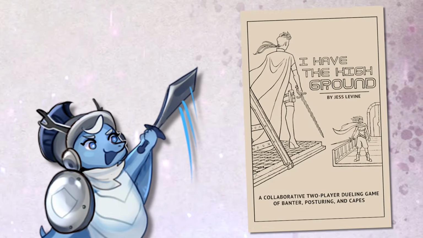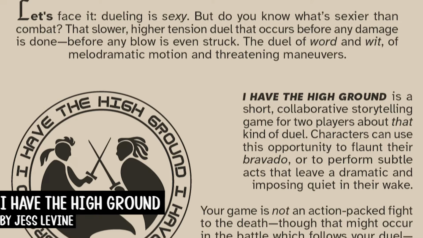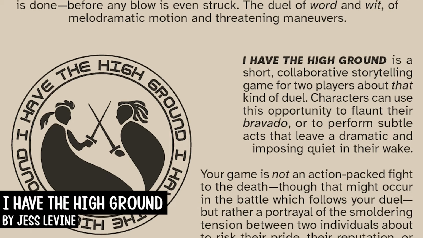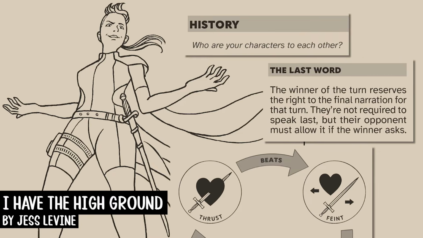I Have the High Ground by Jess Levine is about 2 people meeting for one last duel, and the buildup of tension leading to that final moment. In this game, you begin at the end and recount the trials, triumphs, and regrets that might have led to